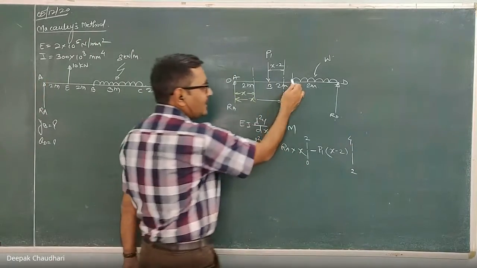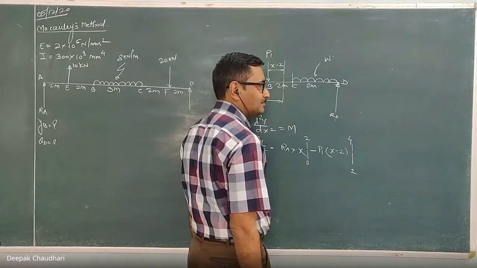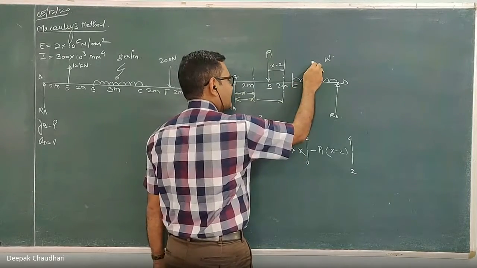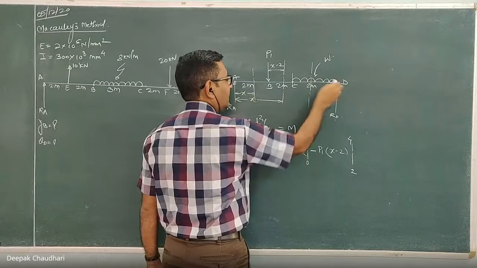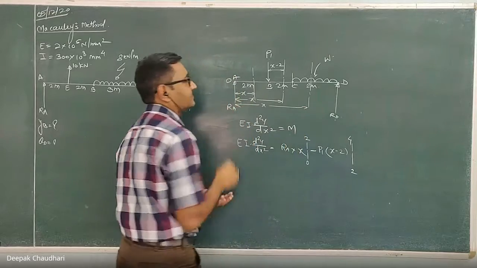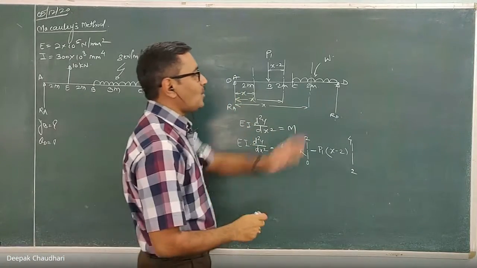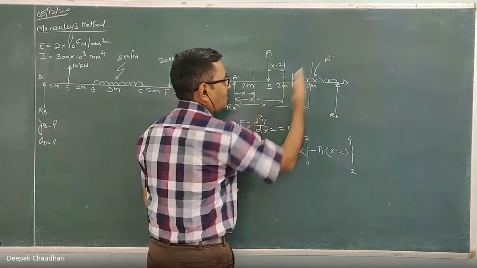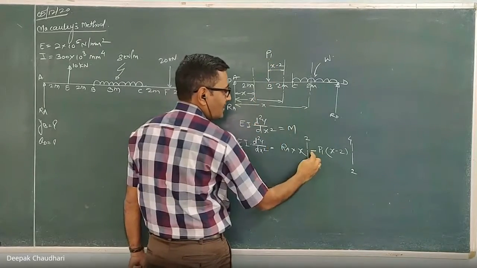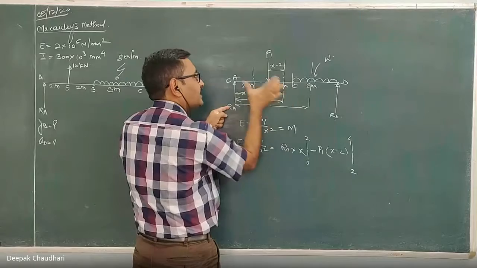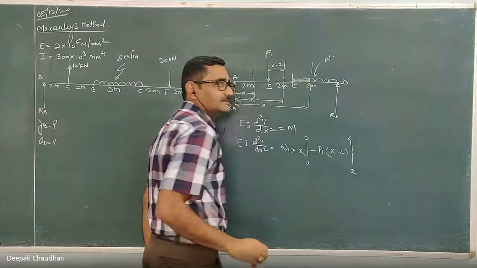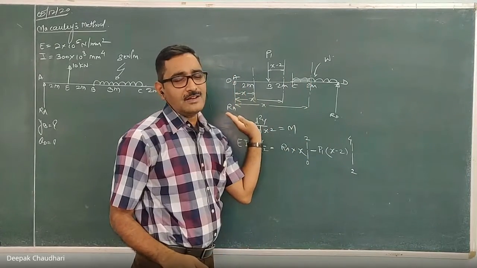Now after that, this UDL is there. Because of this UDL, the bending moment equation changes after 4 meter. So let's consider this section after C in this UDL, which is again at a distance of x from origin. Let's write down the equation of the bending moment here. RA into x, already it is there. The moment of P1 is hogging, so minus P1 into this distance, which is again (x minus 2). Now I only have to add the moment of this UDL, only the part of the UDL which is on the left side of the assumed section.